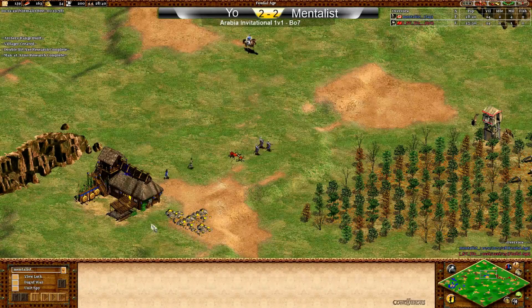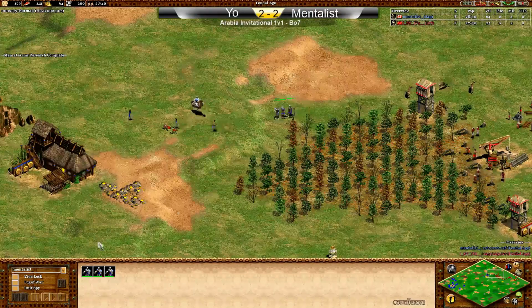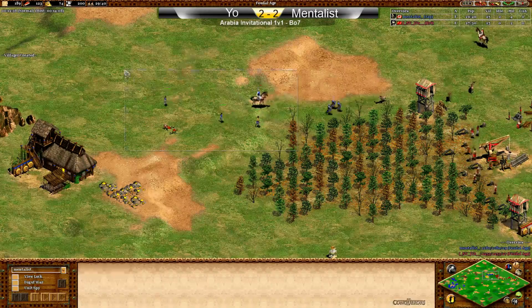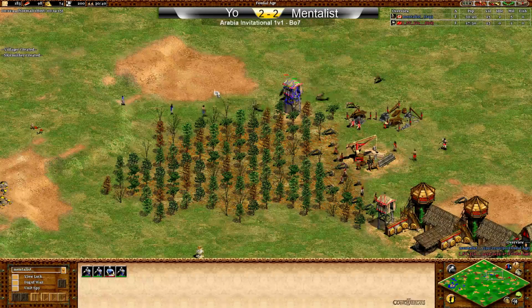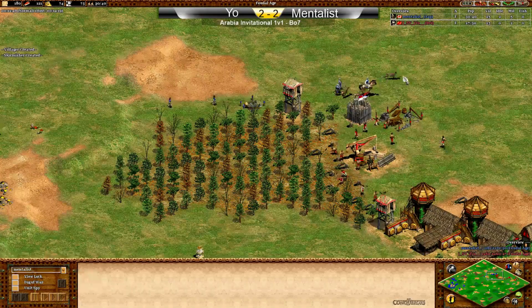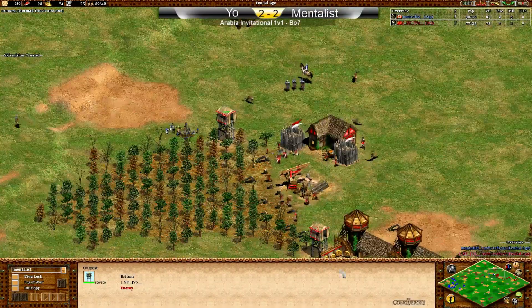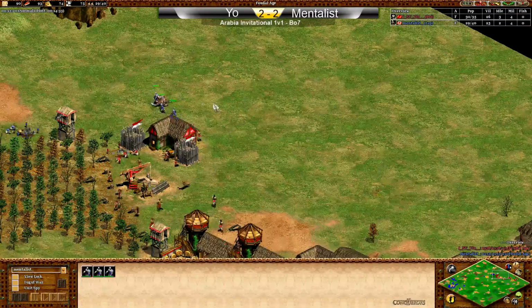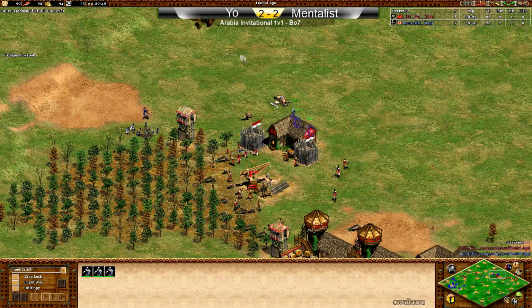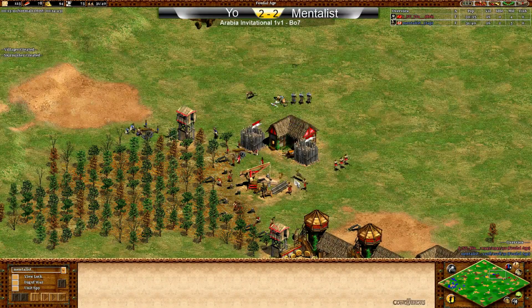Archer range coming down, skirmishers coming out. It's going to be a pretty good push from Mentalist here. With the men-at-arms coming out, the scout there, but the scout only has 3 HP, and the villagers coming forward. Yo has seen this, like T90 said, with the outpost. So he's going to be prepared for what's coming, and he has made a few archers, which are going to do okay against the man-at-arms. But I don't think they're going to be in time to deny this tower. He is laying down a counter tower, but